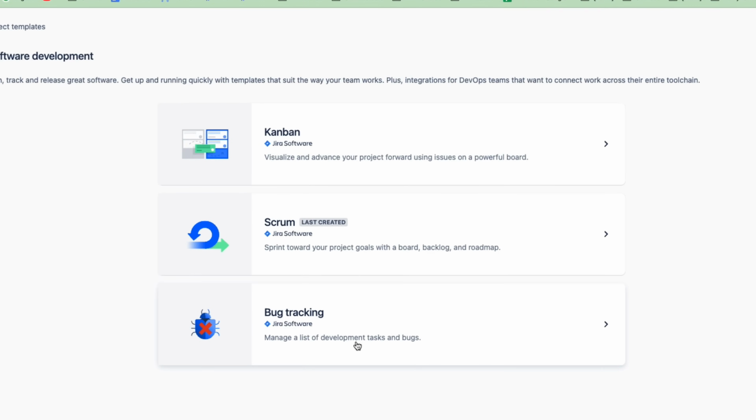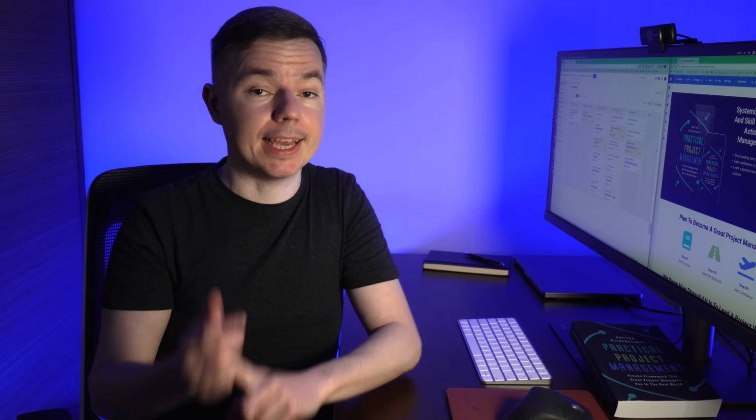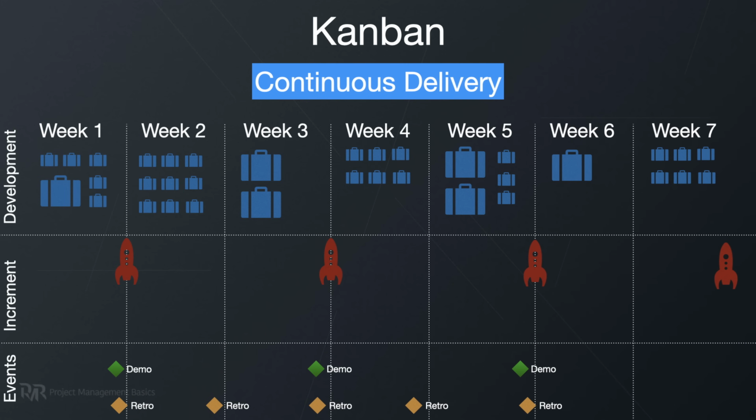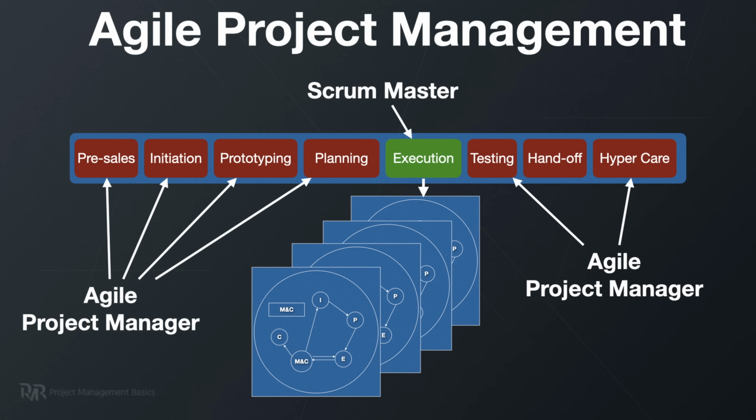Jira is built around Scrum and Kanban frameworks, so you must know these frameworks, how they work, and the prescribed artifacts and events. Why? Because Jira is just a sophisticated tool to visualize your work. It does what you ask it to do. So if you don't understand how agile frameworks or your project management approach work, Jira will not substitute this knowledge.